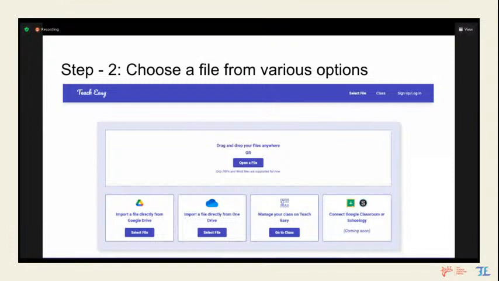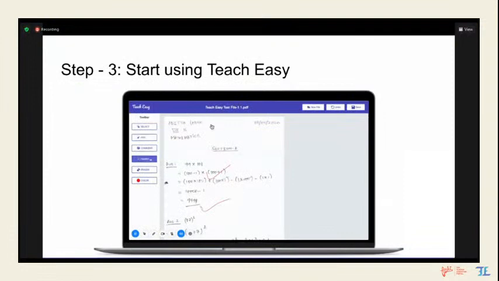Everything happens on Ttz. When you do that, you just select a file and it opens up in Ttz, and the whole process works just like the way I told you, right? You can use the pen tool to do markings. You can use comments to give comments.